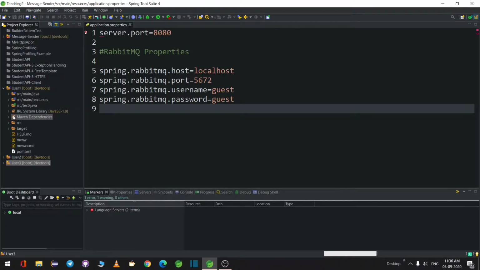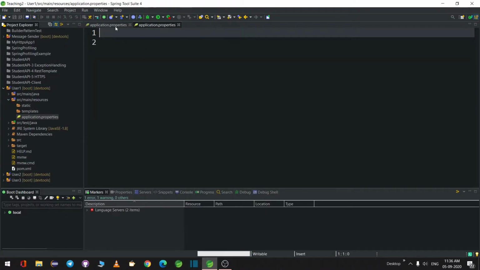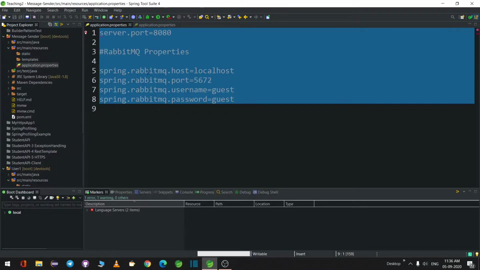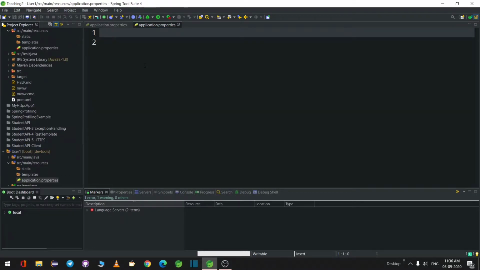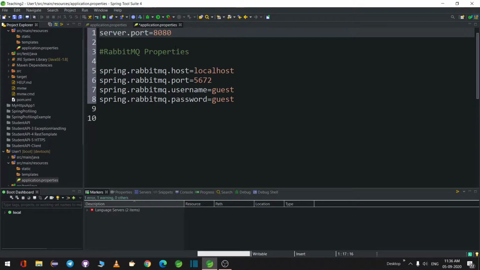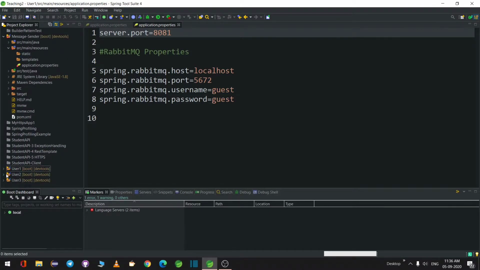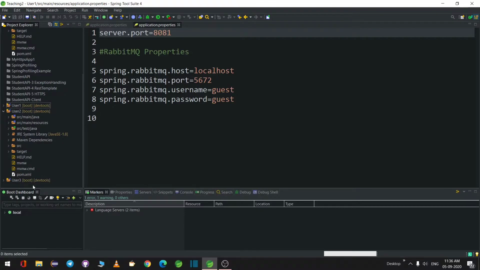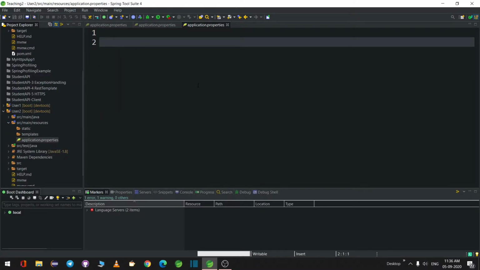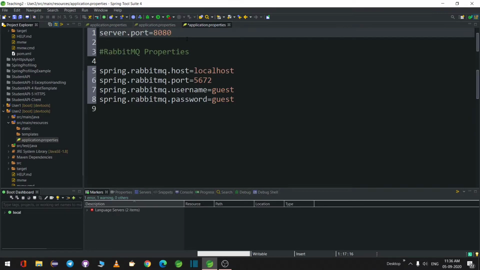Let us go ahead and update the application properties. Okay, so the same configuration except the port. As I said earlier, user 1 will be updated with 8081 port and user 2 will be updated with 8082.